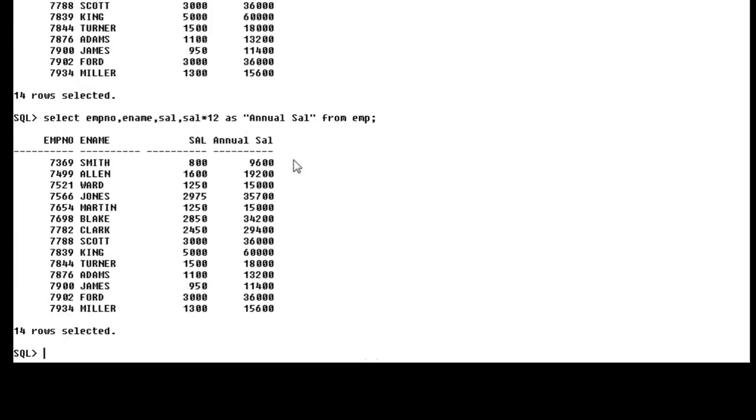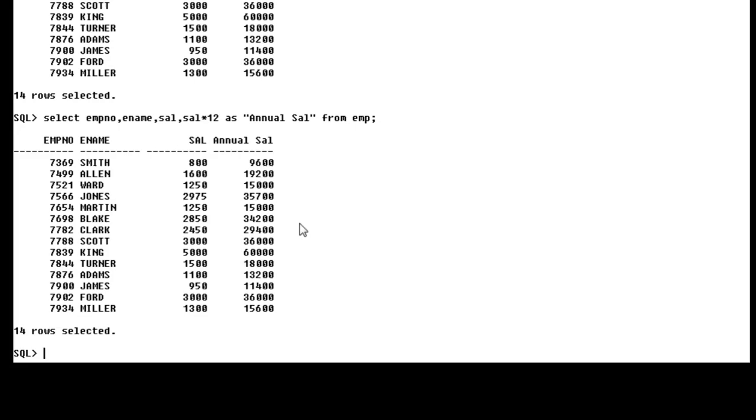Now look at here, annual SAL with a space you can put here with double quotes. If you want to set any heading with a space, you just have to put double quotes on both sides of that heading. If there is no space in the name of the column heading, you can use it directly without double quotes.